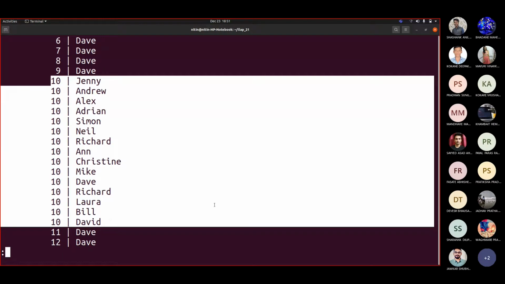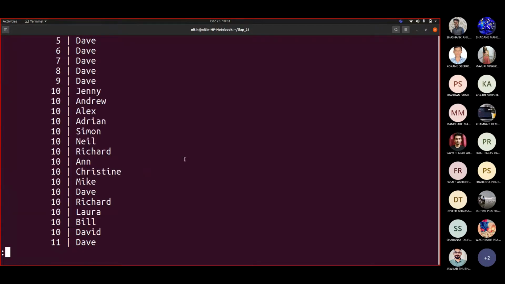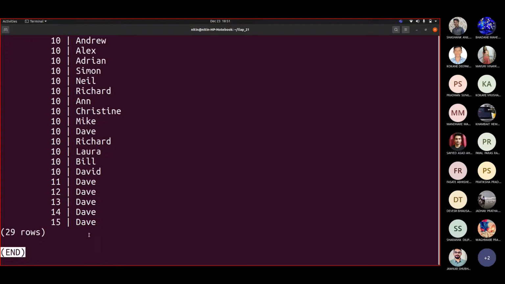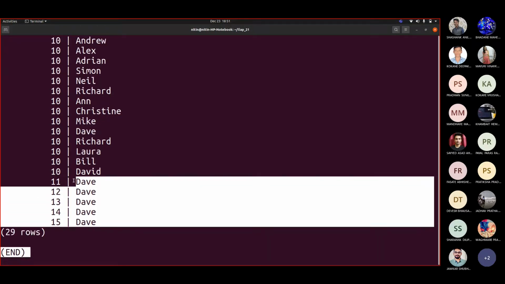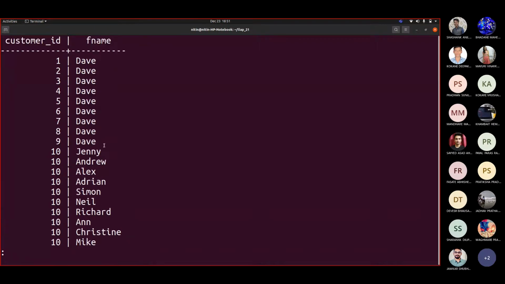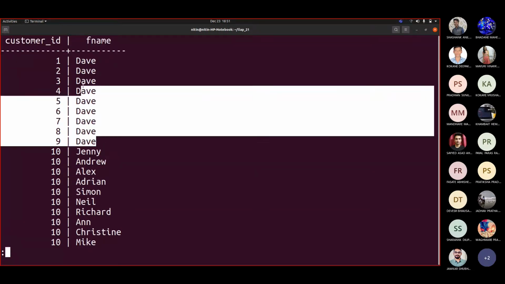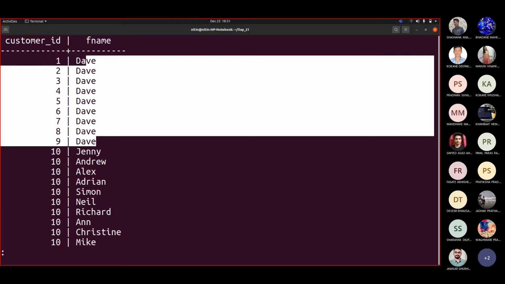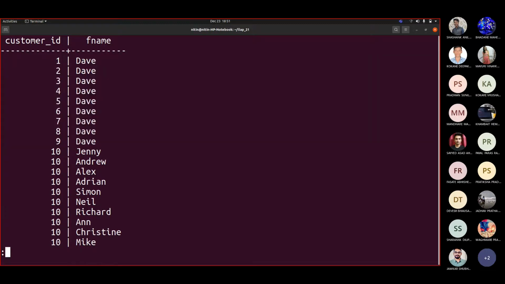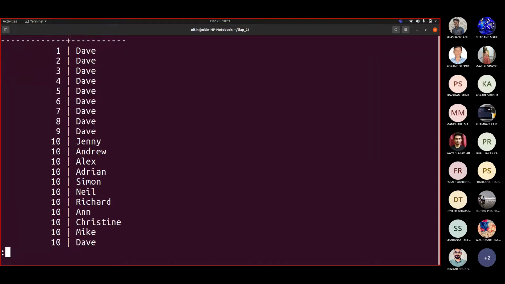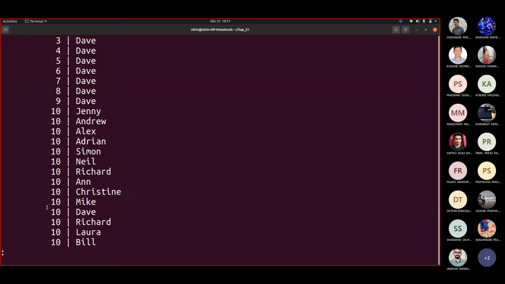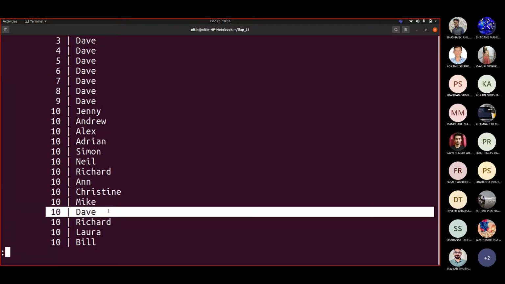So for A, it is shown 15. 1, 2, 3, 4, 5. Okay, this is 5. Dave is added here, so we cannot take the 6th because we already counted it. 6, 7, 8, 9, 10, 11, 12, 13, 14. Because Dave was added there once, that's why it hasn't picked it. Then you may say 10 and Dave were taken together here at one point of time. So both of them are counted together here, and that's why instead of 30, it is showing us 29 records.